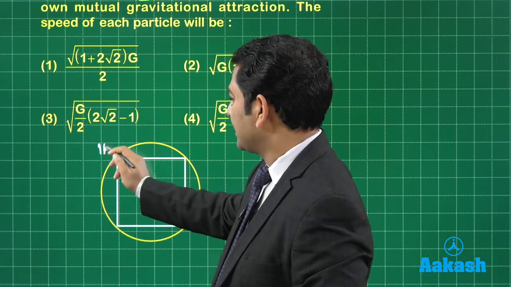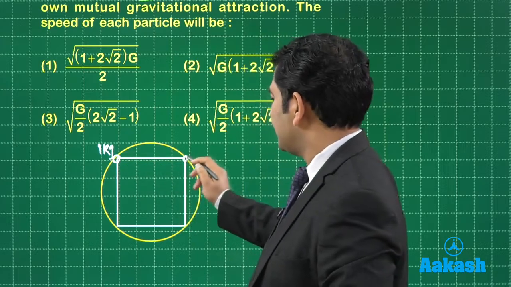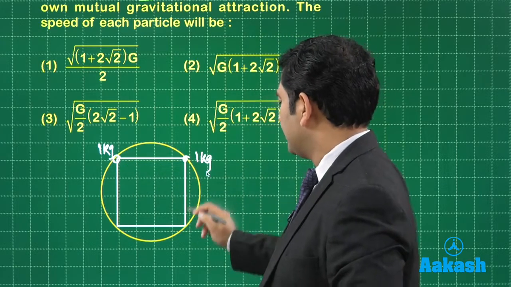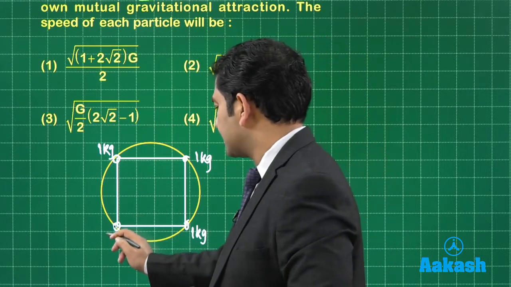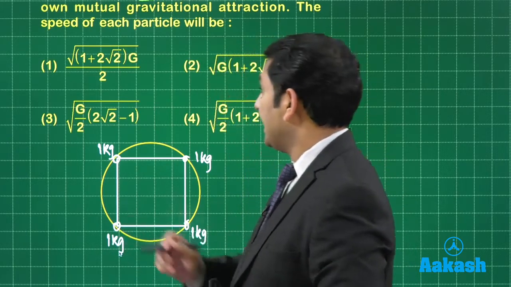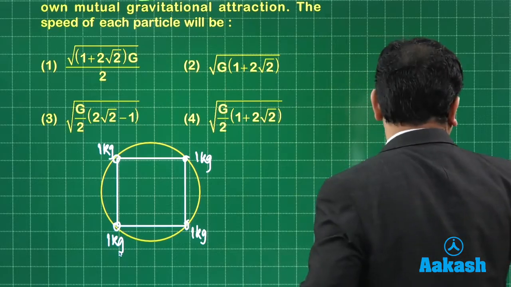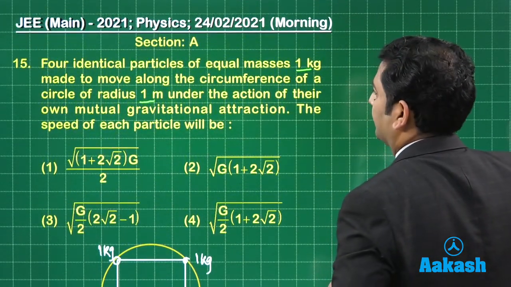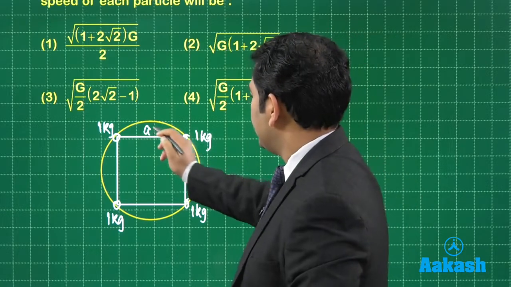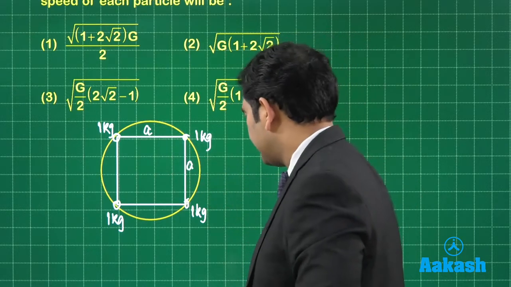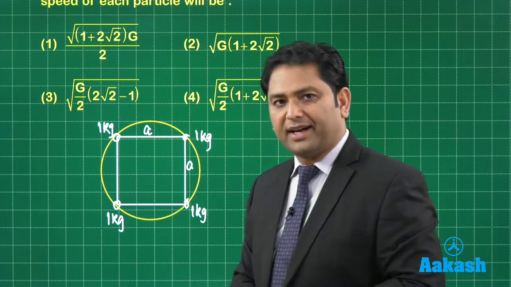Like this is the 1 kg particle. This is the 1 kg one. This is the 1 kg one. And even this, that's a 1 kg one. And it says that the radius is 1 meter. You get that point? Now, if I say A and A are the sides of the square, that would be